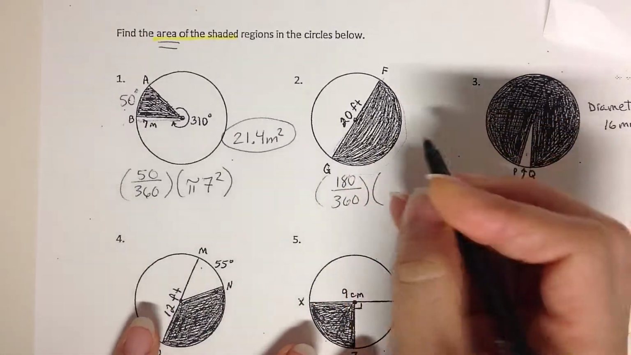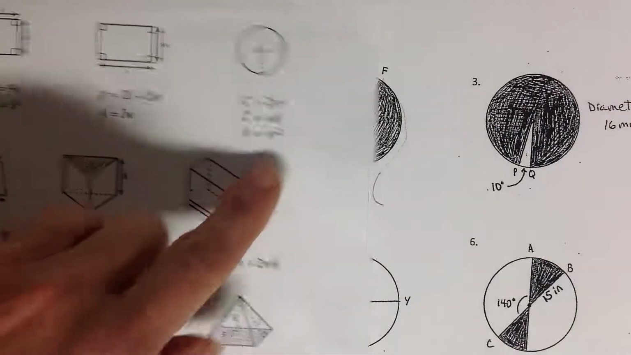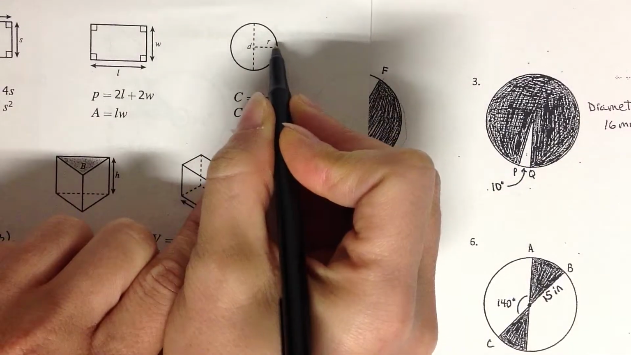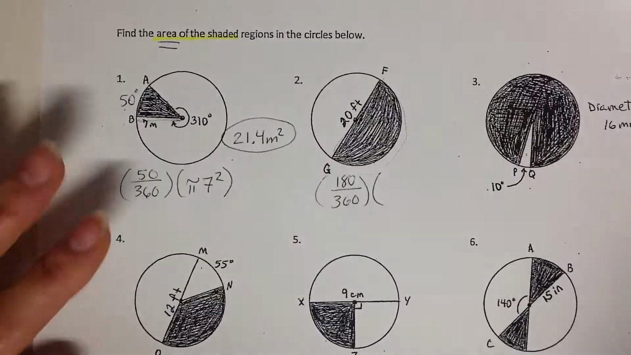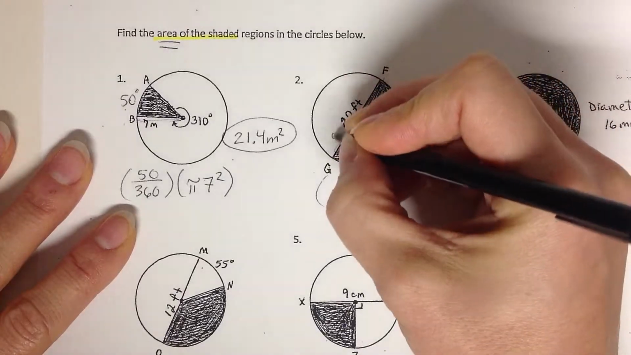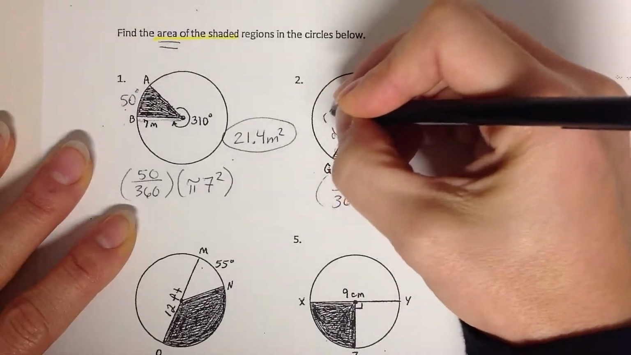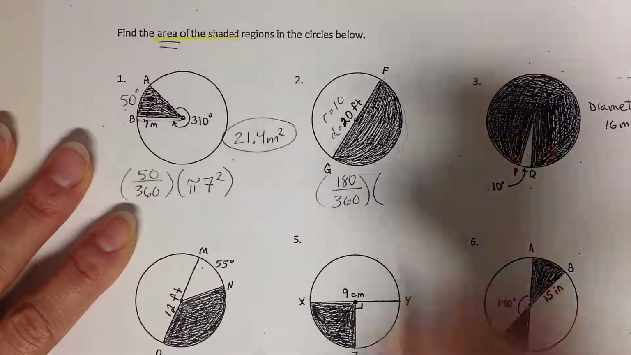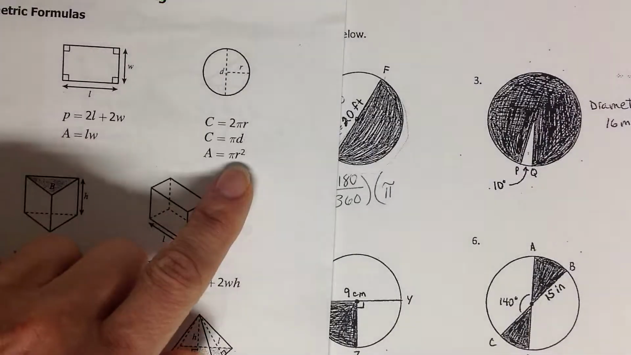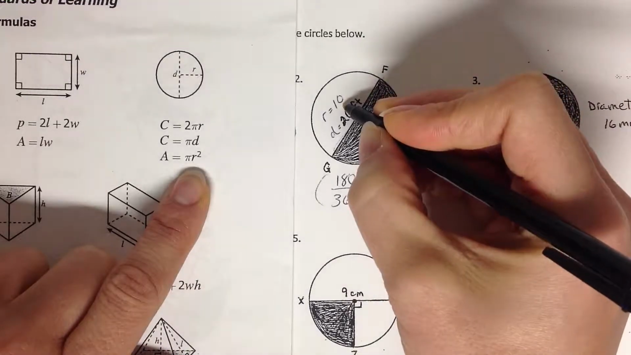Now, when I do area, area is, go to my formula sheet, pi r squared. Radius is from the center out. Okay, look at the picture. This is in the center, so this is indicating a diameter. So if the diameter is 20, I have to use the radius. Okay, so pi, again, I'm not making this up or guessing, it's right here. Okay, pi times the radius is 10